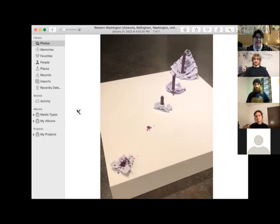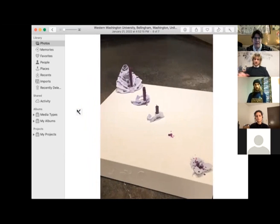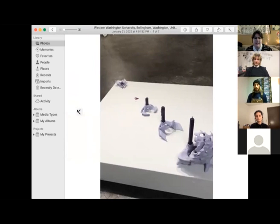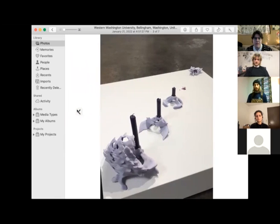Very cool. So looking through this, you mentioned the 3D modeling. Did you want to talk about your process of creation for these pieces and how this came about? Yeah, I think